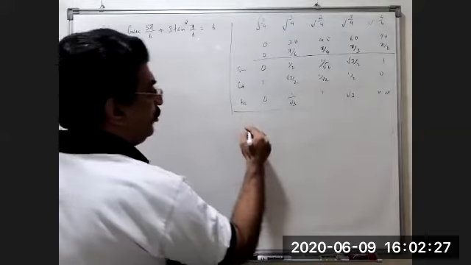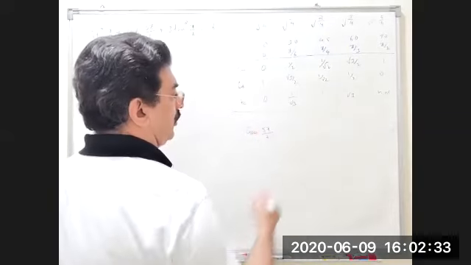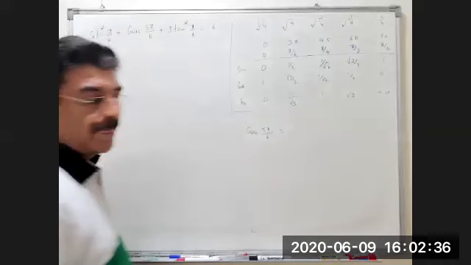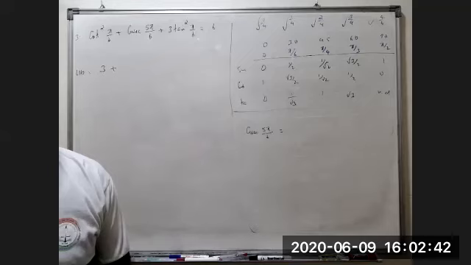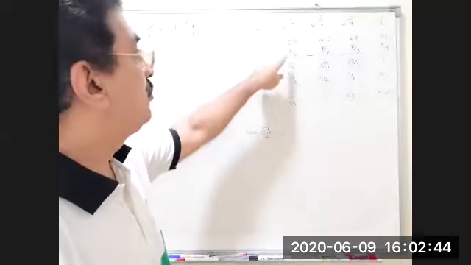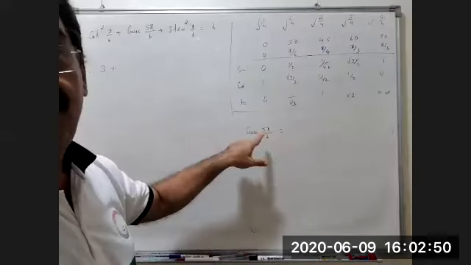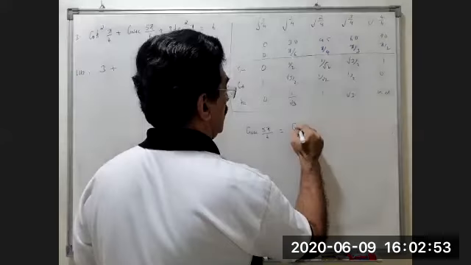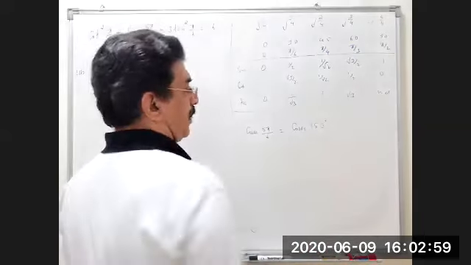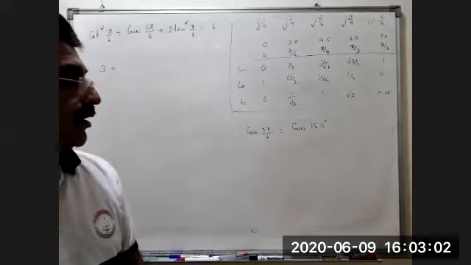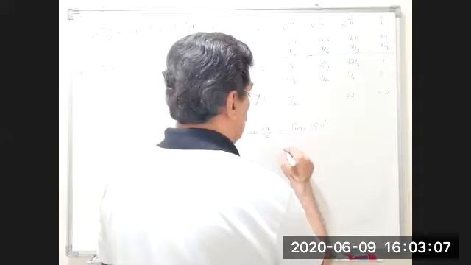Now this cosec 5 pi by 6, we will evaluate it. We are comfortable with degree measure. Pi by 6 means 30, so 5 pi by 6 means 5 into 30, which is 150 degrees. Cosec 150 can be written as